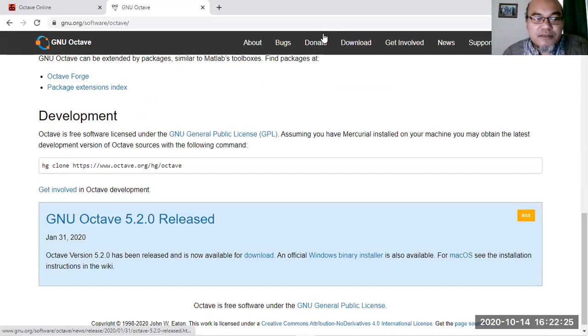The newest release is version 5.2.0. Okay, let's give an example. The previous one, if you have already downloaded it and put it on your computer. Oh, no, where is it? My Octave. Let me stop servers.